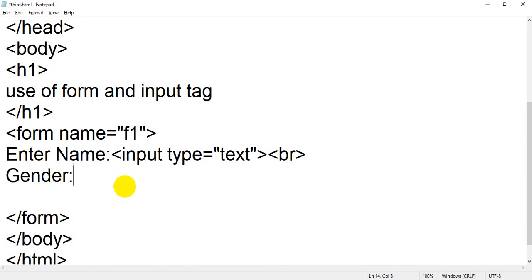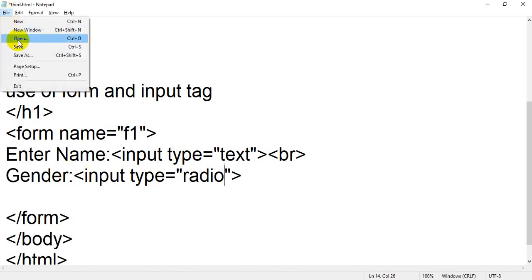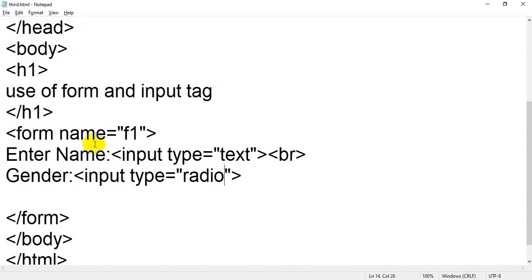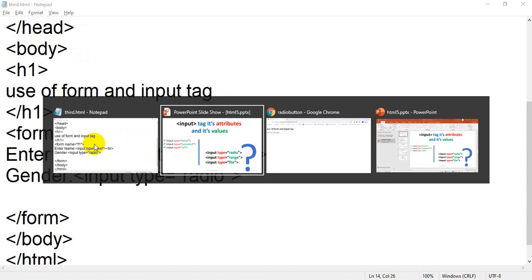So what is the input type? You have to take radio. Okay, so I just want to show you what the result of this line is. Don't be confused. Flip back to your browser.